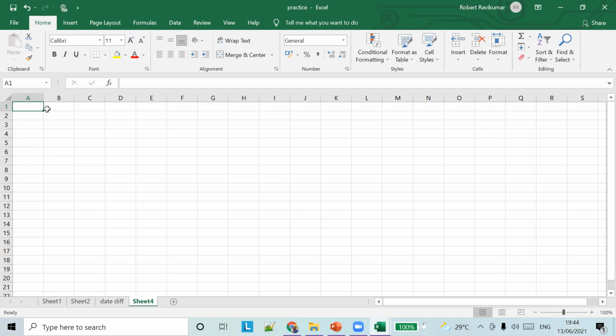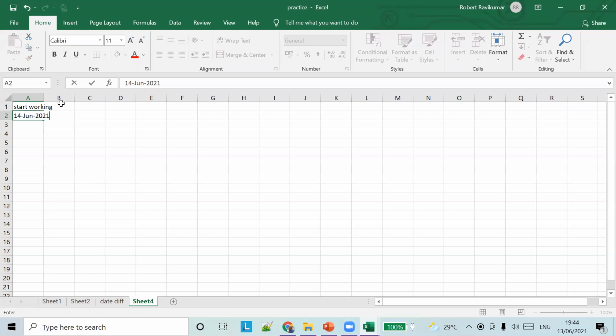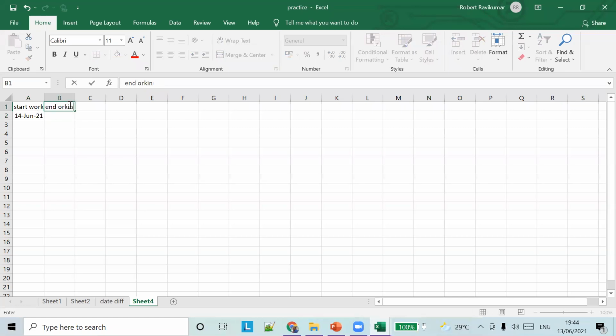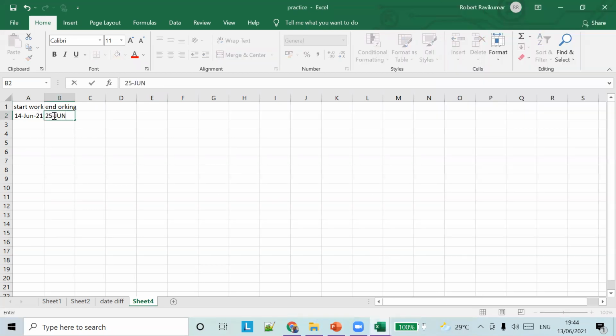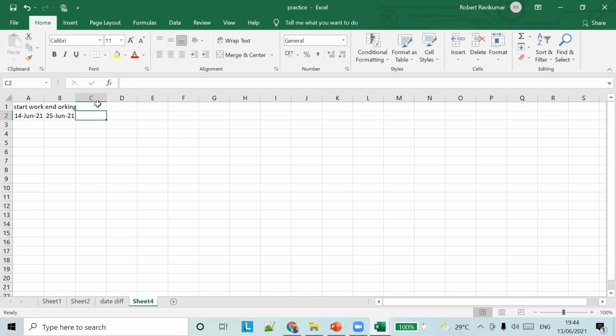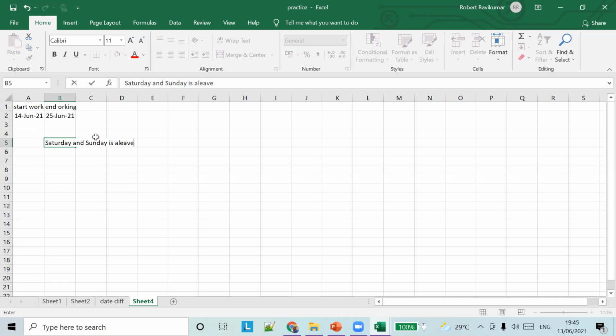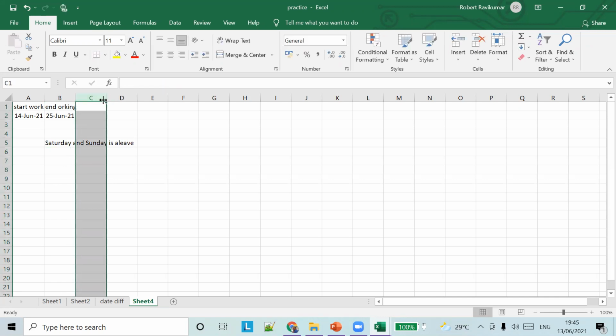You are starting work on 14th June 2021 and ending work next week on 25th June 2021. Now you have weekends off, Saturday and Sunday are leave. So how many days would you have worked?